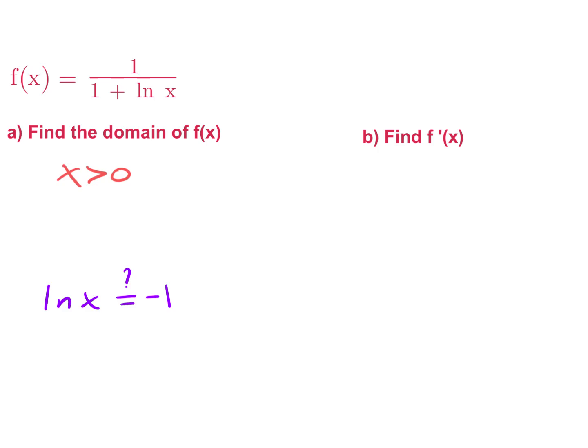Because if you think about when we first learned about logarithms, this means e to the -1 equals x. Well, that means e to the -1 would be a value that would create a problem here. Is e to the -1 positive? And the answer is yes. So not only does x have to be greater than 0, but it cannot equal